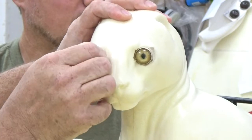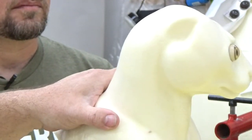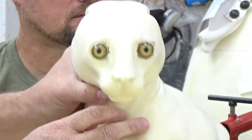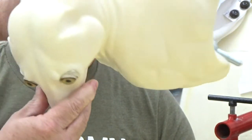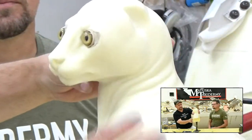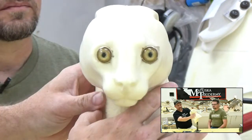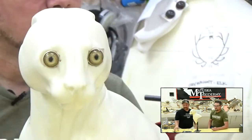Make sure my pupil's kind of close before I get started. I'll make sure it's straight up and down, perpendicular from the ground. And then from the top, I'm going to make sure that it's canted outward some. And then from the front, I'm going to make sure that my pupil is canted inward at the top. Now once I have that done,